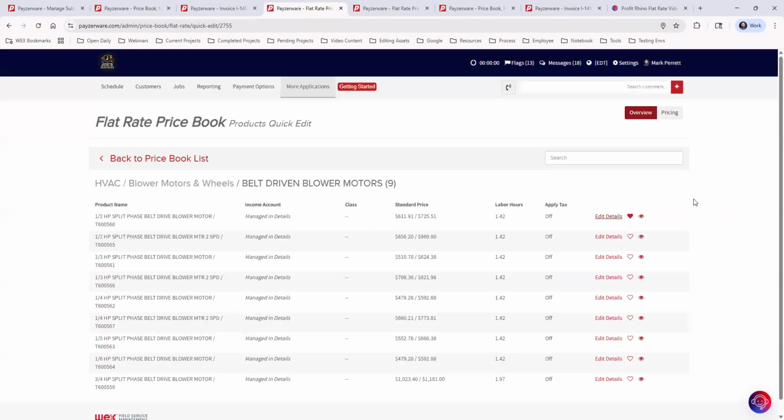So Lydia asks, under more applications, I don't have flat rate price book listed as an option to select. We do pay for Profit Rhino. There is a Callahan Roach section in my price book, but I don't think that's where you went. Oh, okay. So,